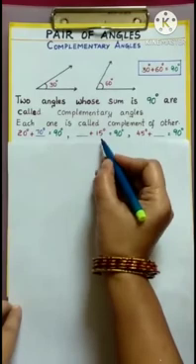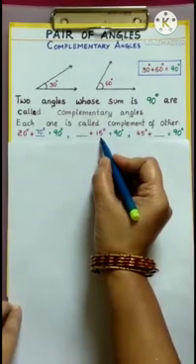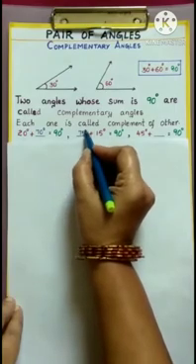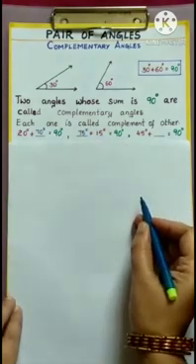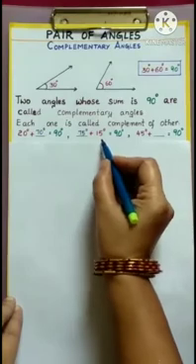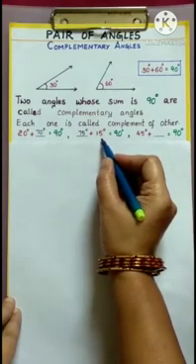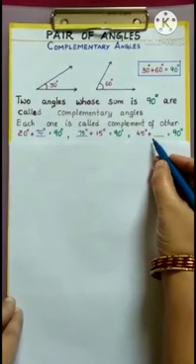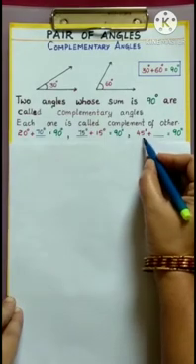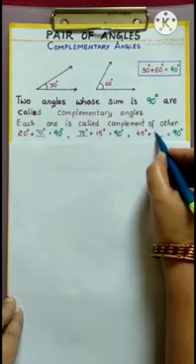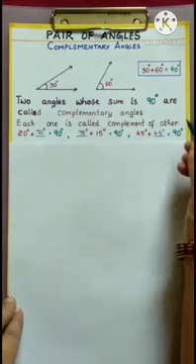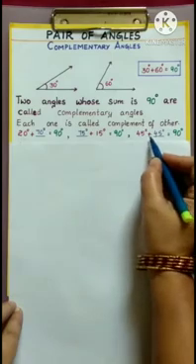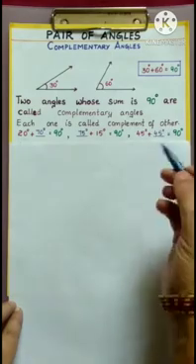Now come to the next one. What is the complementary angle of 15 degrees? It is 75 degrees. How did we get this 75 degrees? From 90, if you subtract the given angle 15 degrees, then we get this. Now the last one. What is the complementary angle of 45 degrees? 45 degrees. The same angle we got here. Now here the two angles are complement to each other and they are equal.